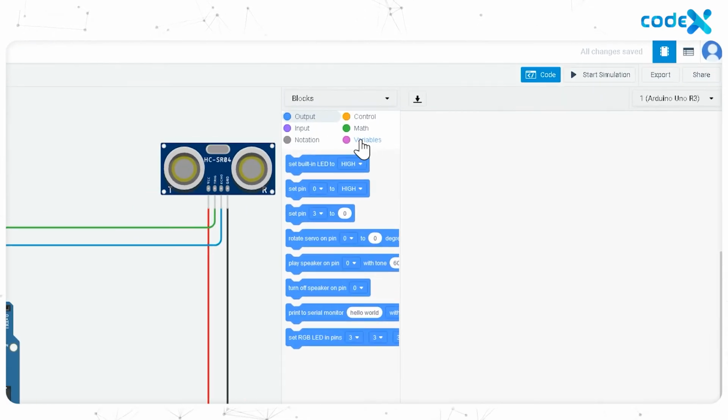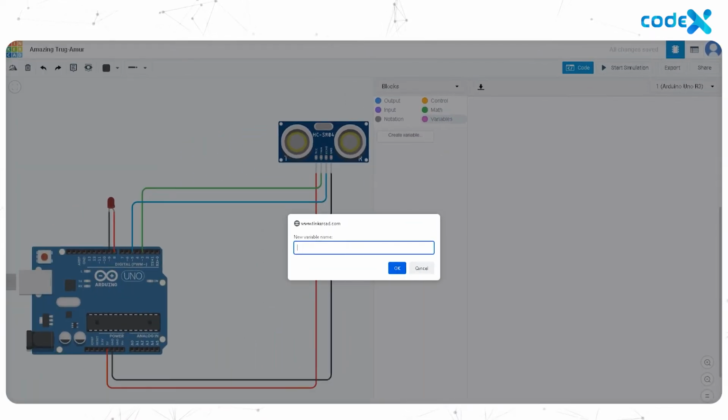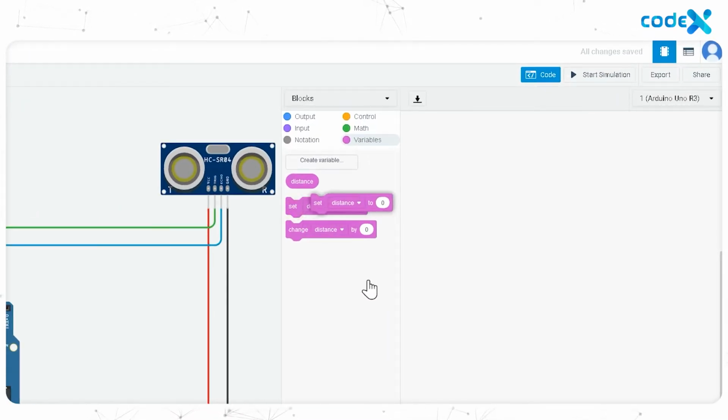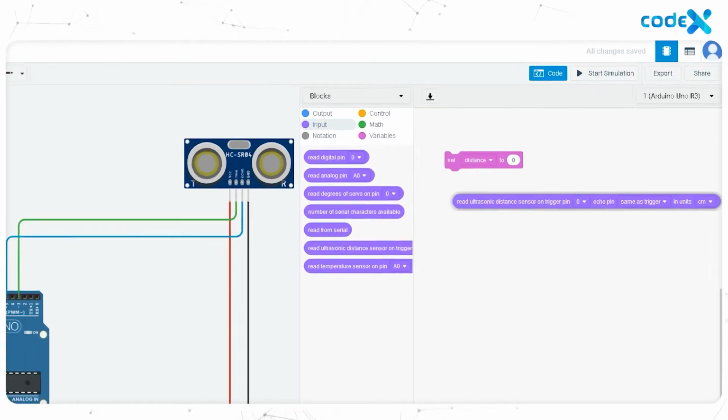Click on the variable and select Create Variable. We can enter the new variable name as Distance. Click OK. Then drag and drop the Set Distance to block to the coding space. Go to the input and then select the Read Ultrasonic Sensor on Trigger Pin block to the Set Distance to